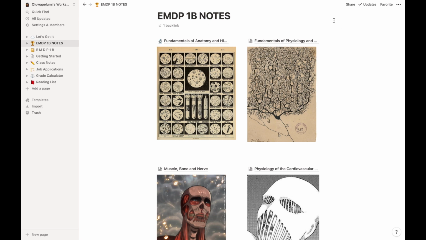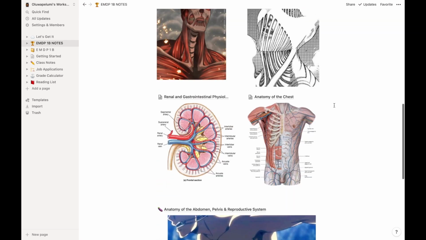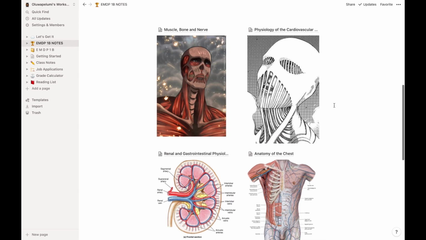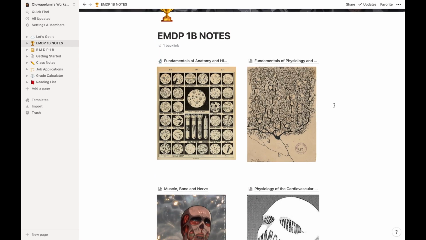So here I have all of my modules for this year, and these are just my examined modules, so the modules that I get tested on. I have modules for my portfolio, but I'm not putting them on here. I make notes of those on Notability. So I just got some images off of Pinterest, images that sort of relate to the title to link it to it. Aesthetics, you know.